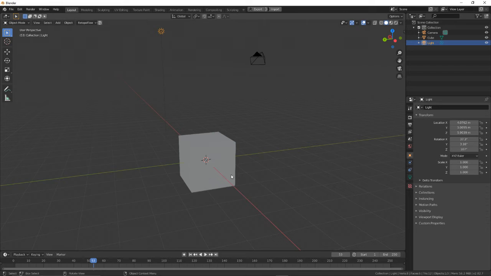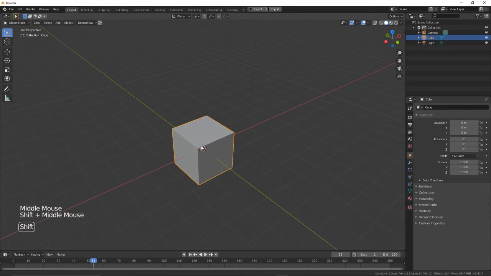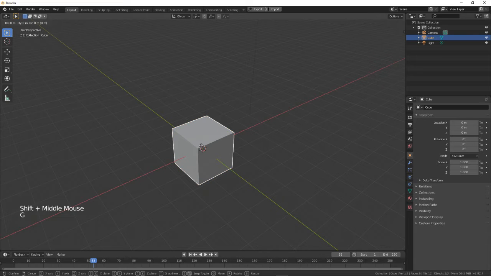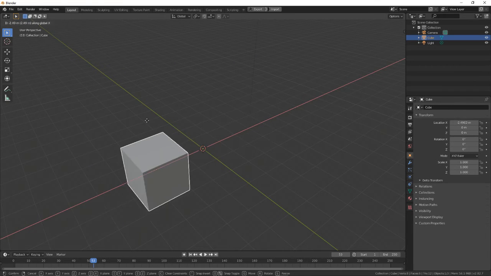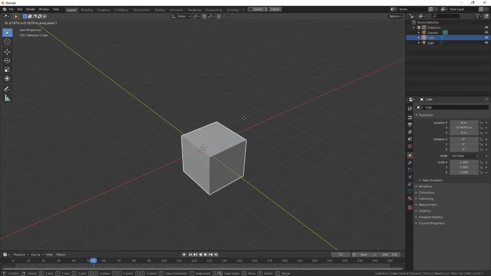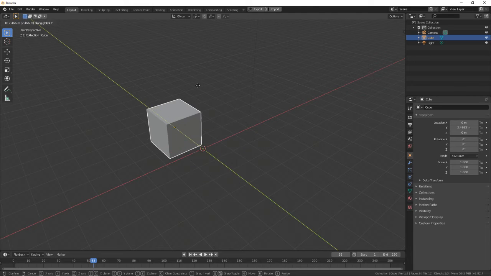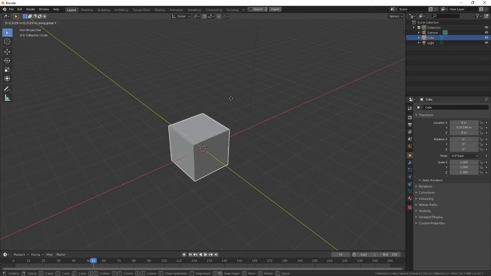And I'll quickly go over the shortcuts as well as these UI elements within object mode. So if I click on an object using left mouse button, I can then press G and I can grab and move the object. So you can see after pressing X, Z, or Y, for whatever reason, screencast keys is not picking this up, it locks it to that